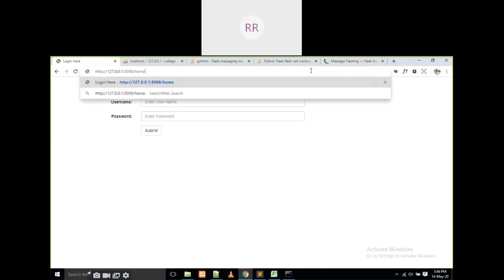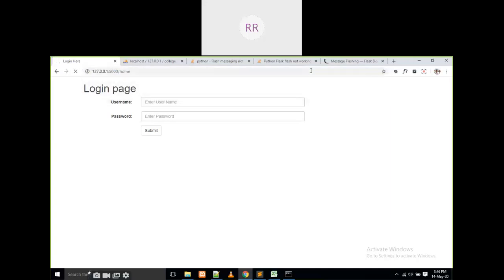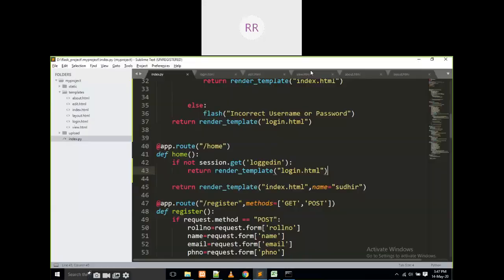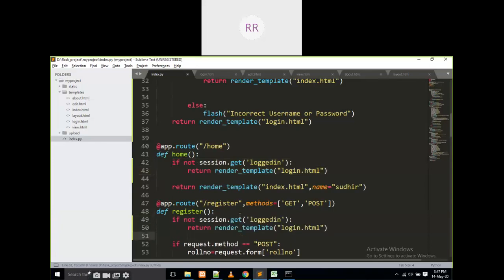Is it okay, everyone, what I am doing here? For example, if I know the URL and I enter it there, it is not entering that page. Why is it not entering that page? Here the session is not created. That's why it is not logged into that one. The same thing we have to write for only the register page and view page, that is enough. The remaining are not a problem.